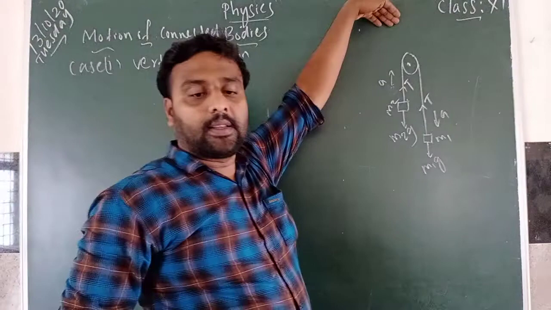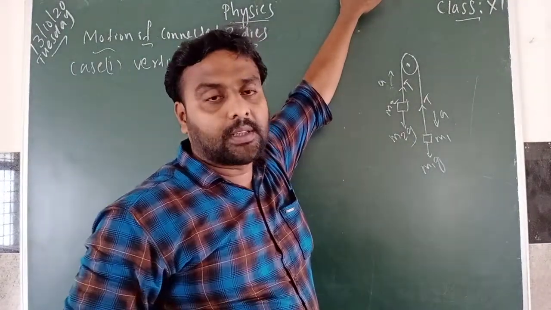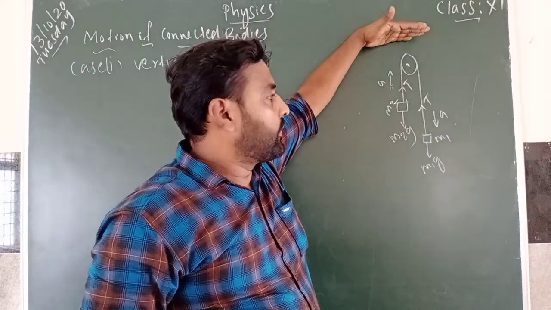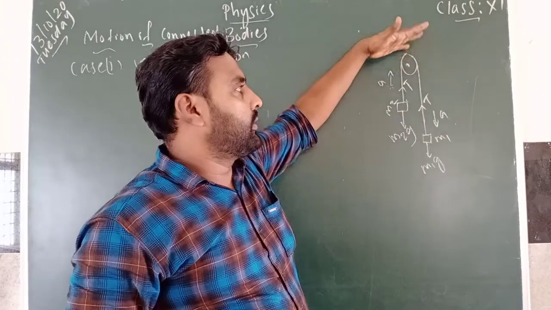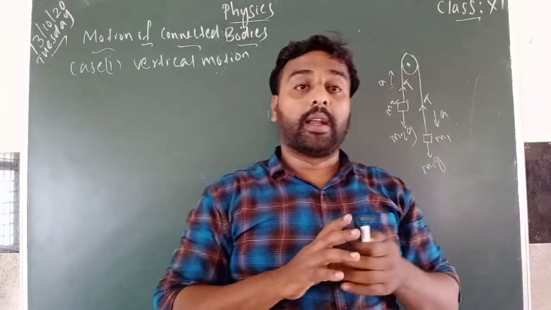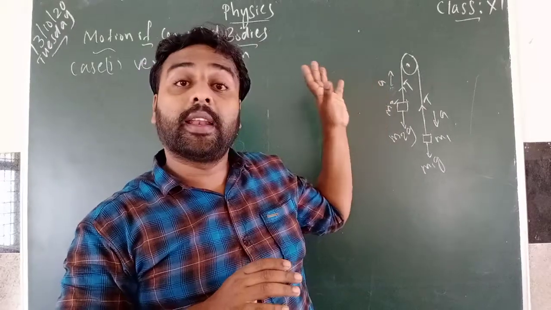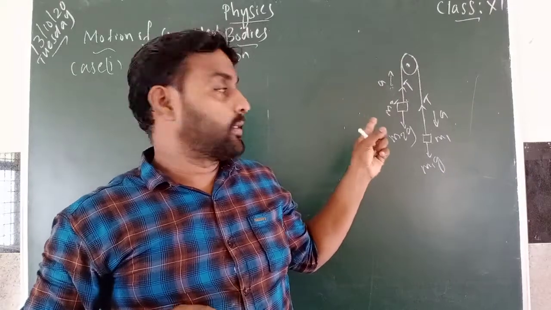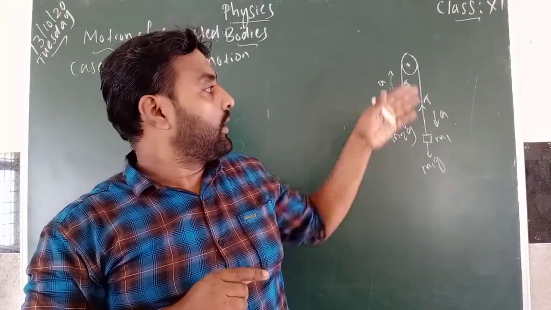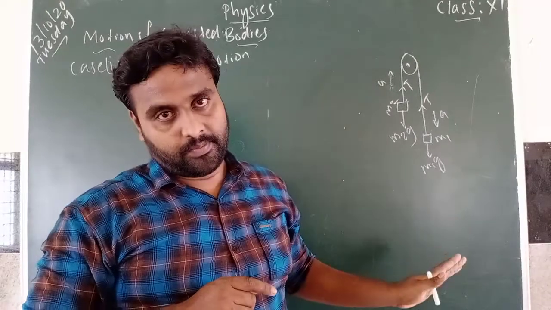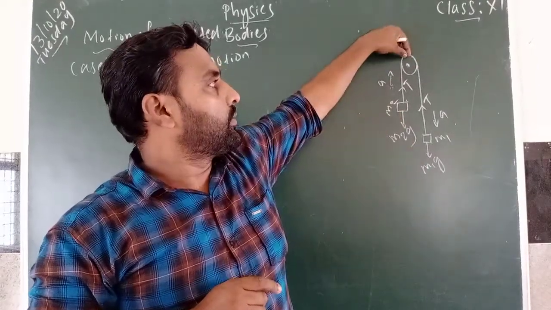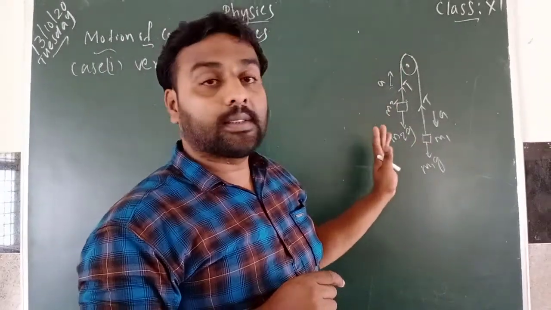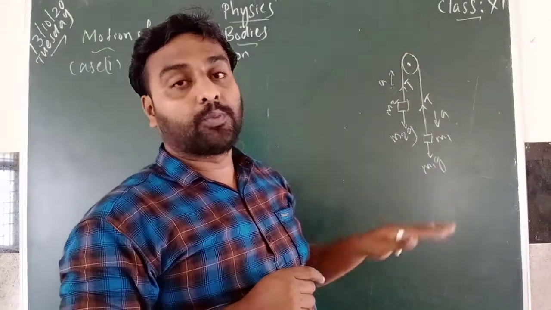You can see the diagram in the textbook, page number 126. This is how two bodies are connected in the vertical direction. We consider two objects of mass m1 and m2, which are connected by an inextensible string. There is a small string used to tie these two masses, and now they are allowed to move. This is the pulley. These two masses are allowed to move over this pulley.